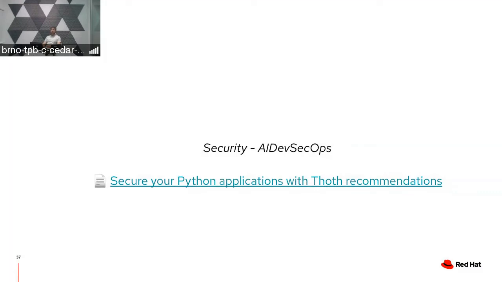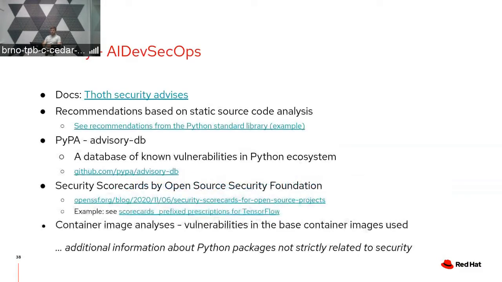an article that is called Secure Your Python Applications with Thoth Recommendations. This article is published on developers.redhat.com. Some parts of these articles are, let's say, not up to date, so follow also online documentation of Thoth's resolver. This documentation is available from Thoth's main page. Okay, so here you can see also the link to the documentation, Thoth security advices, and